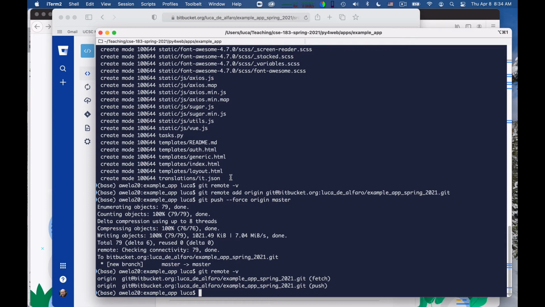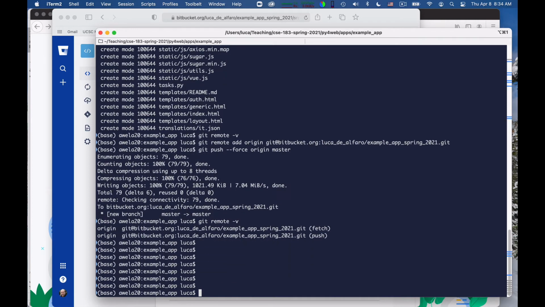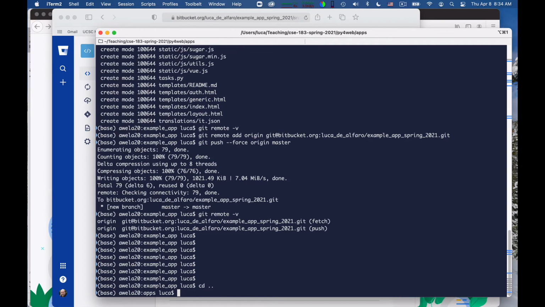Okay? Now I want to show you an alternative way of doing this, just so that we practice more. So this is way number 1. Let me give you another way to do it, so that you also have a rewind and you can practice more. So there was in my history the clone of the repository.